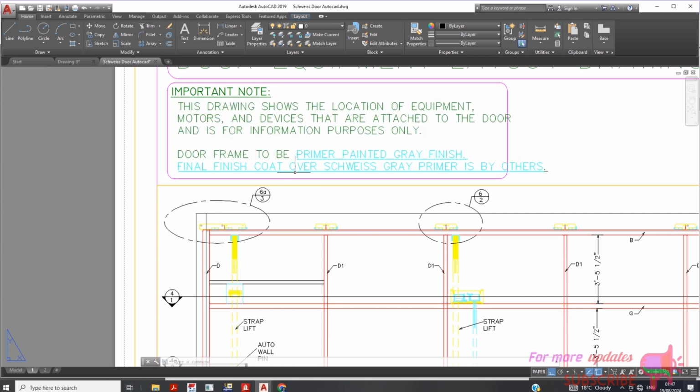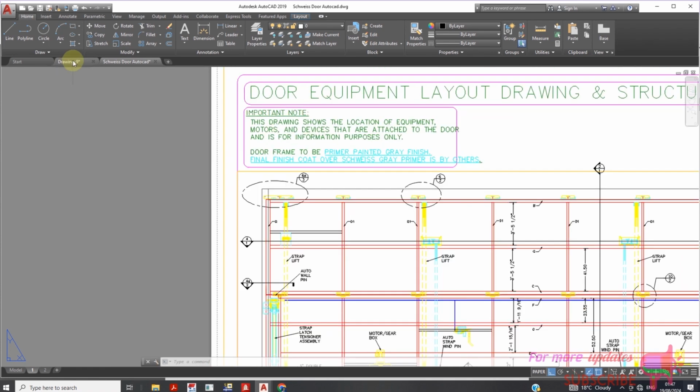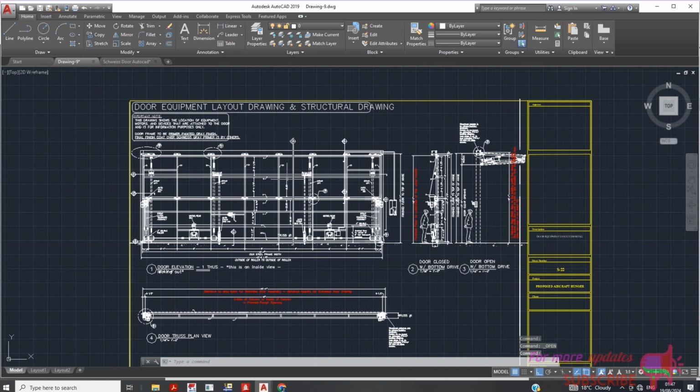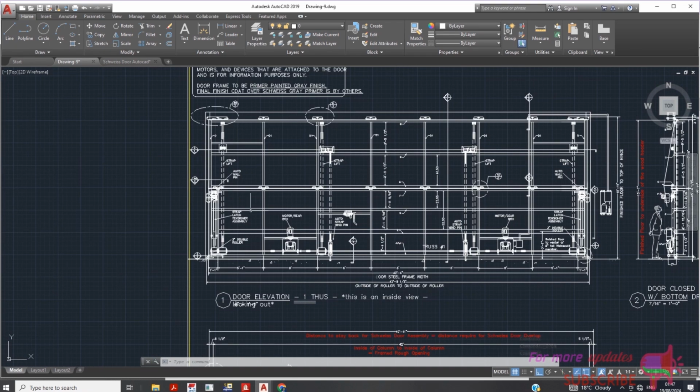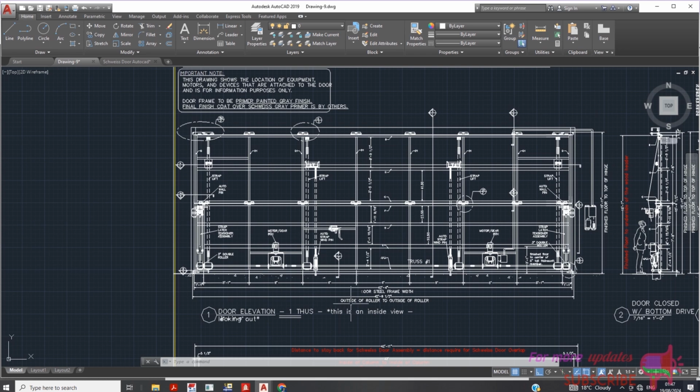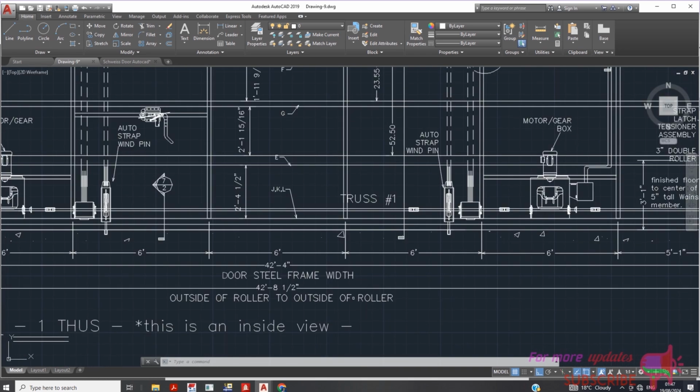Door frame to be primer painted gray. So I'm not going to read that. So let's go to my drawing in AutoCAD which I have printed. As you can see, this door is going to be 48. So I'm going to change this detail. Going to be 48 by